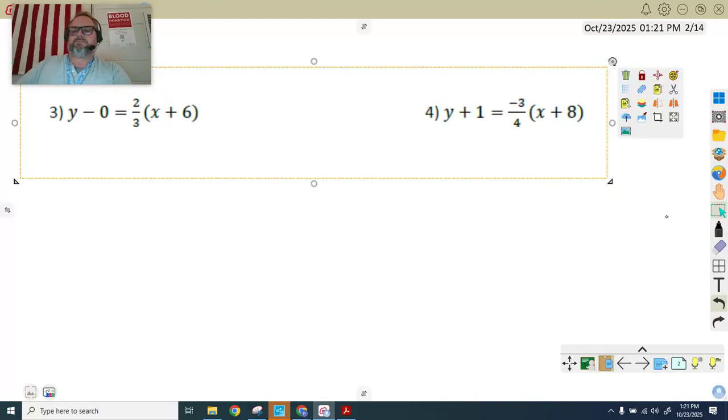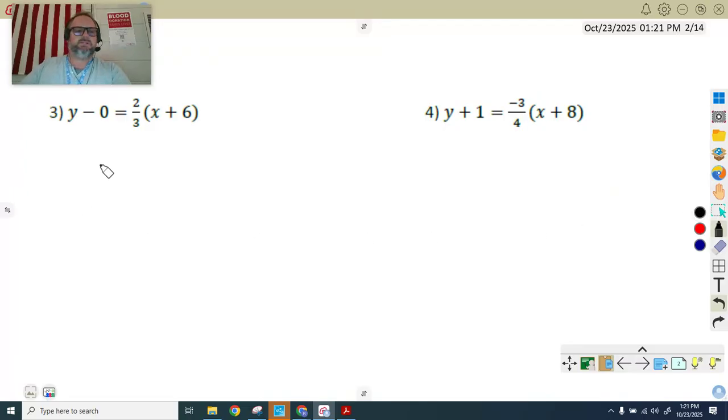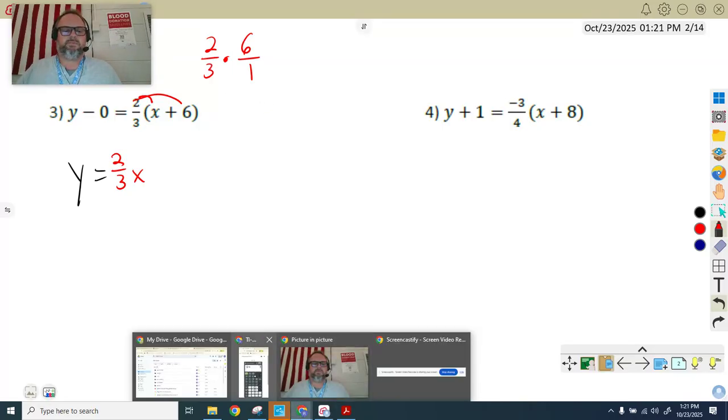So this one's fairly easy. That 0 cancels. I don't even have to worry about anything else. All I have to do is distribute on the right. 2/3x. Now, with this right here, 2/3 times 6. All right. You could do it like this. Or,